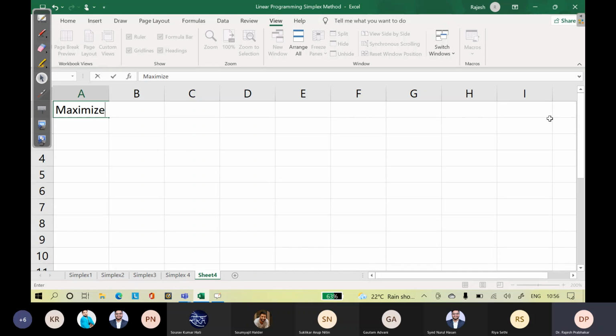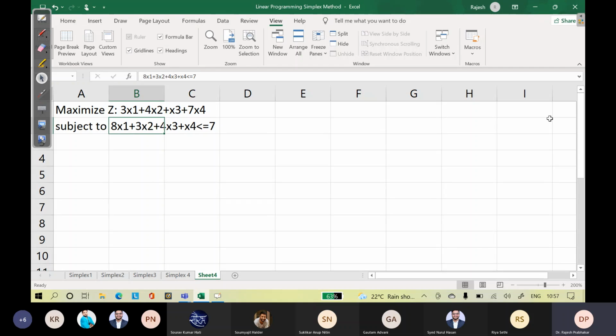Maximize Z equals 3x1 plus 4x2 plus x3 plus 7x4, subject to 8x1 plus 3x2 plus 4x3 plus x4 less than or equal to 7.